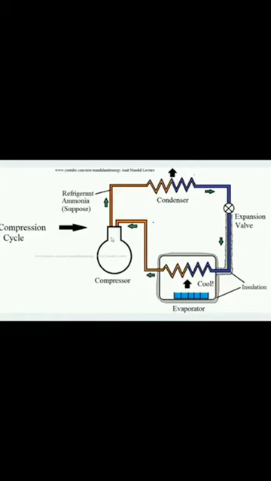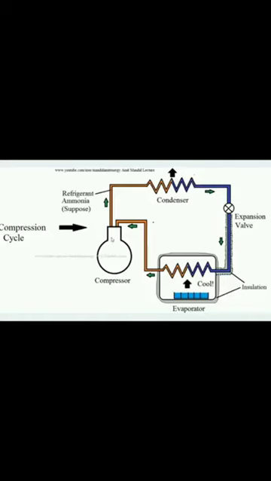Here the orange line is for the vapor cycle. In the condenser, there is a rejection of the latent heat. Here we use the refrigerant as ammonia, suppose. So in the condenser, ammonia from vapor is converted into liquid. Blue lines are given for liquid as notation, and the orange line is for the vapor. So in the condenser, latent heat removal takes place.